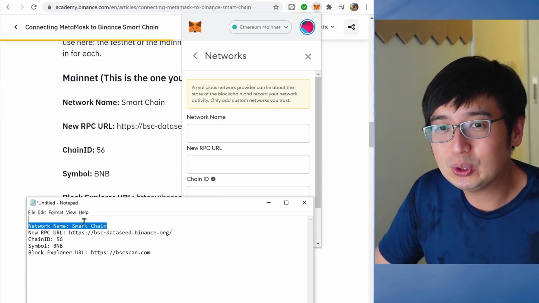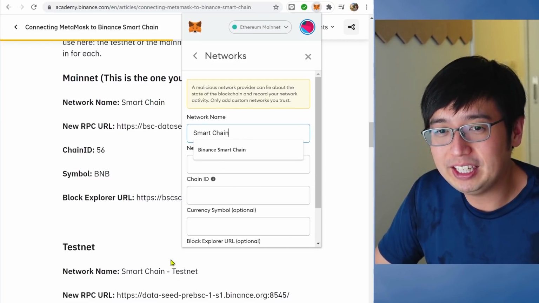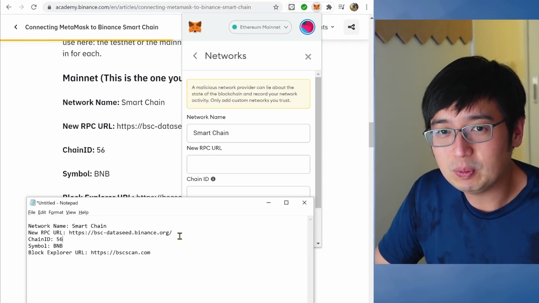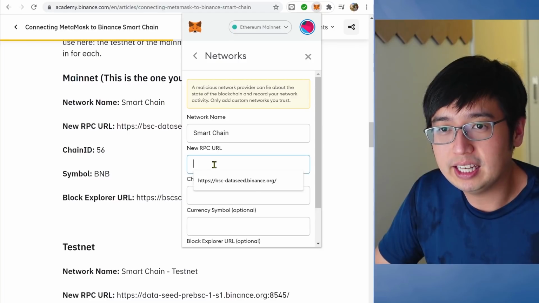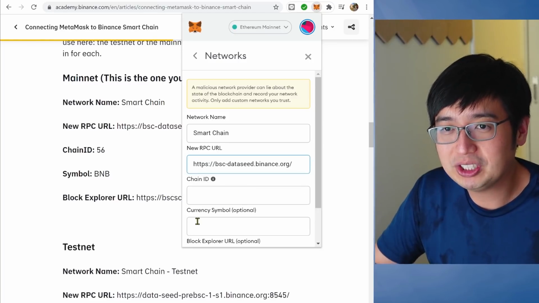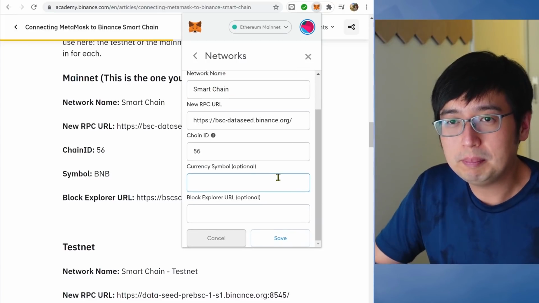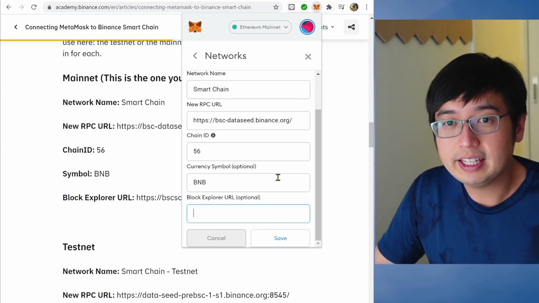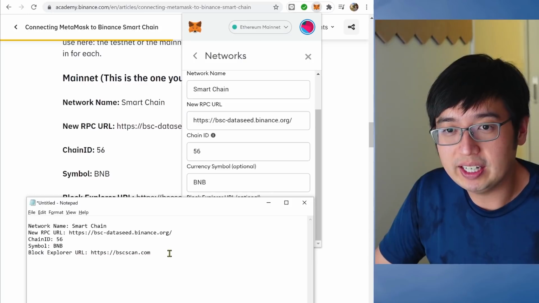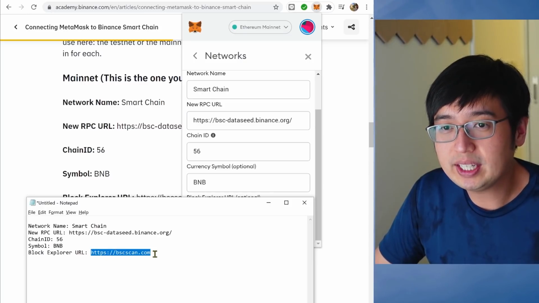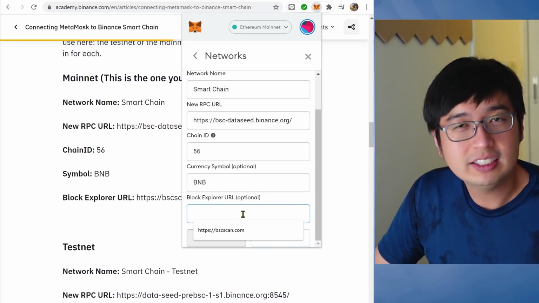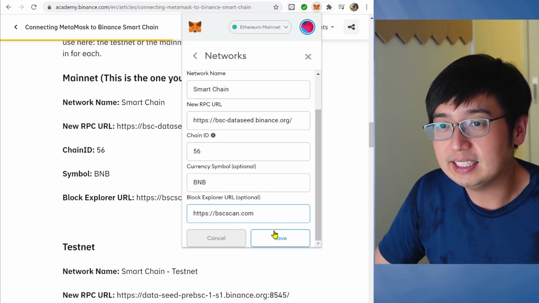So I'm just going to copy and paste from a notepad window. And then we want the URL, just going to copy and paste that in here. Already have the information anyway, chain ID 56, symbol BNB, and then the Block Explorer URL. This just gives you a quick link to click whenever something happens so you can view it on BSC scan.